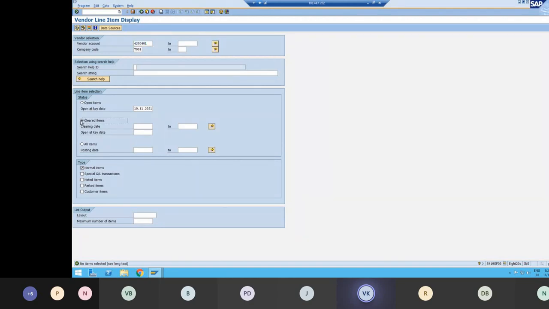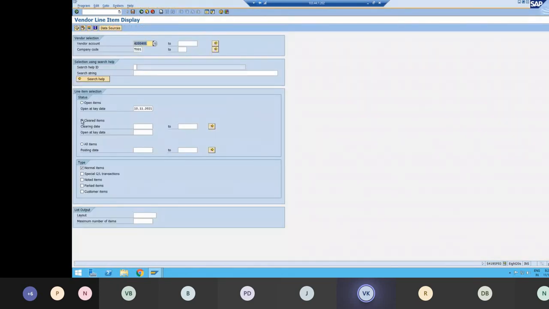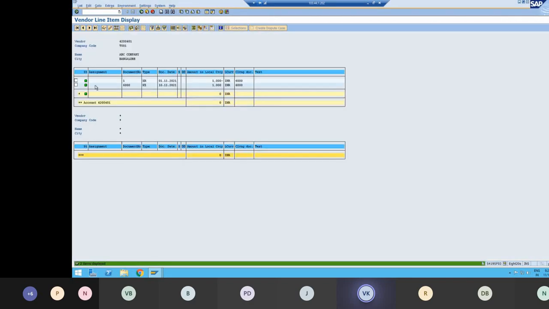When I select cleared items and click on execute, you will see that both the items are green. Initially when it was open, the status was red, but when I run it on the cleared items, it shows the status as green, and you can see that against this 1000 it's showing a clearing document. Clearing document means that this invoice has been paid.